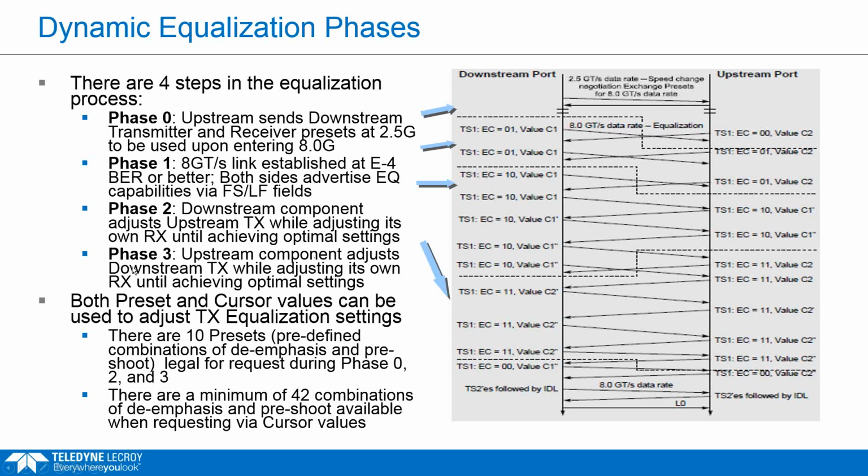So I'm going to go into a little bit more detail on what happens in phase 2 and phase 3, because I think this is some of the more interesting parts and where we see a lot of problems with devices where the algorithms aren't working quite as they should. The result, if this process isn't working correctly, is ultimately packet errors. If you have a high bit error rate, you're going to get dropped packets, and ultimately the link will retrain at some lower speed. I've seen quite a few devices where it's supposed to be Gen 3 capable, but you'll see it retraining back to 5 gig because it can't maintain a good bit error rate at 8 gig.